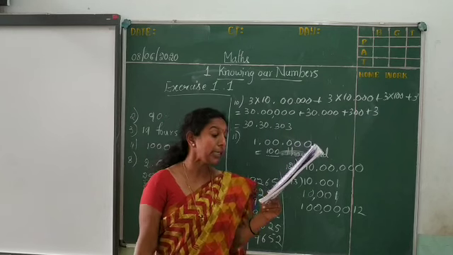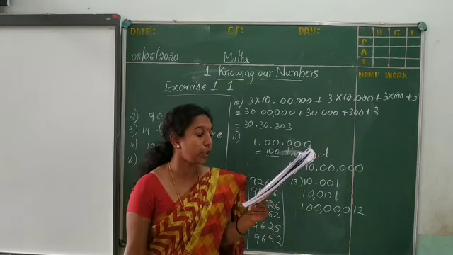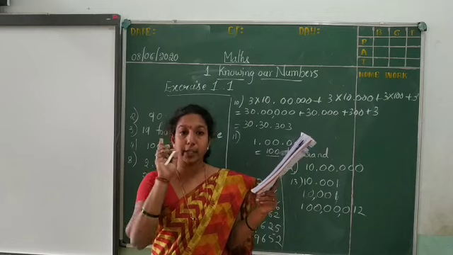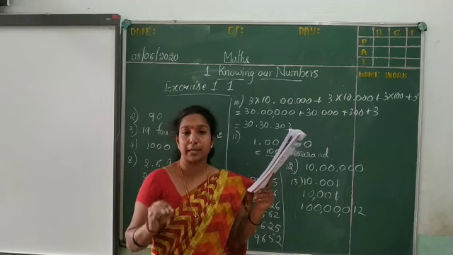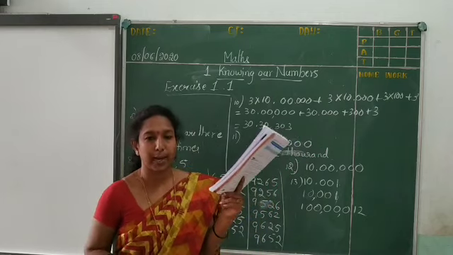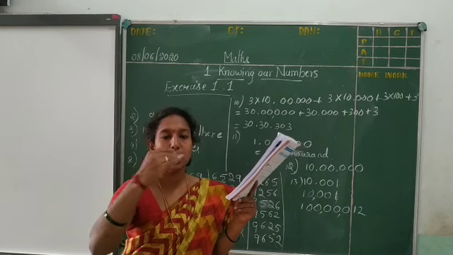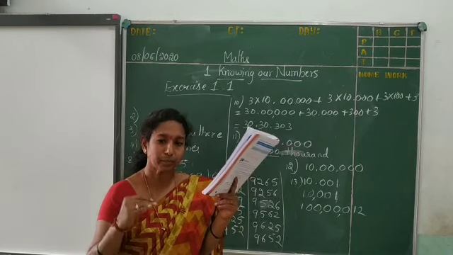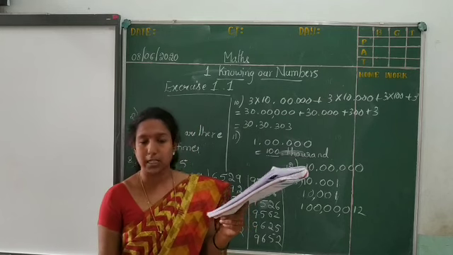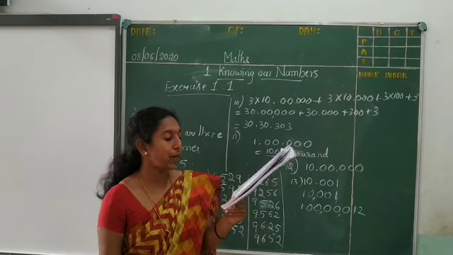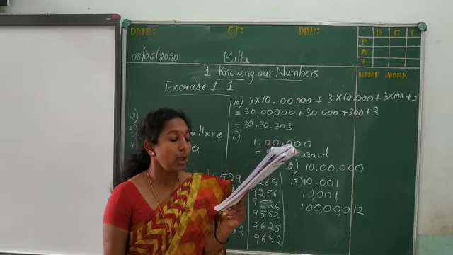Next, find the difference between the place values of the 2 A's. There are 2 A's here. You have to find the difference. Difference means you have to subtract. From the bigger place value, subtract the smaller place value number. Last one, that is the 17. Find the 6-digit number in which.